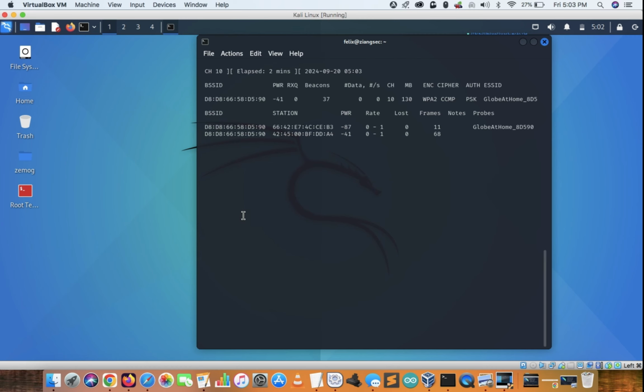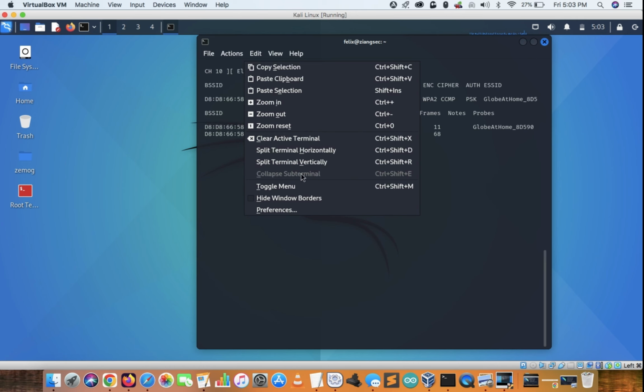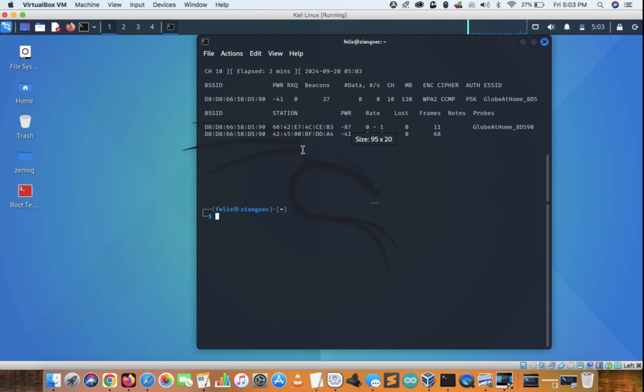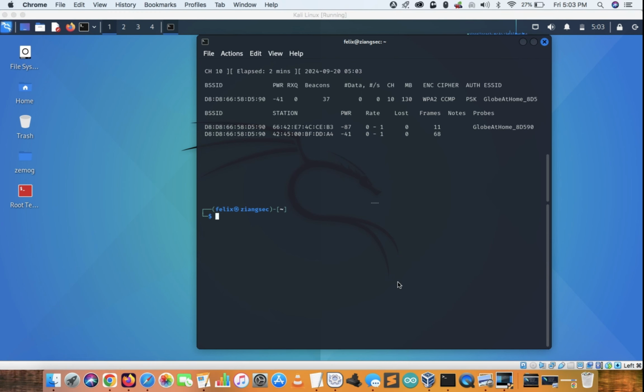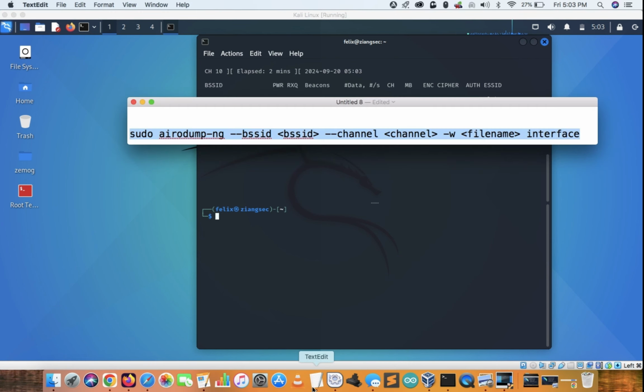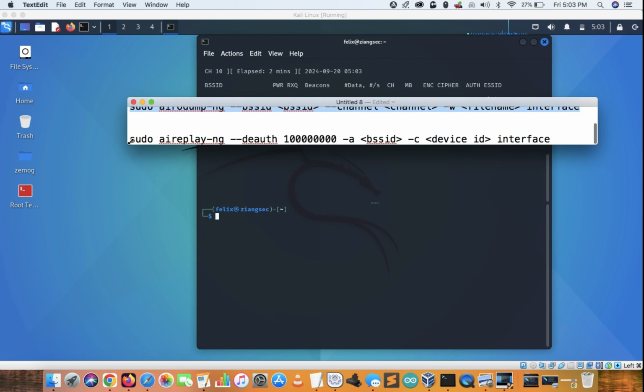So how to do that? Okay, first I will split this. Okay, the command is this one: sudo aireplay-ng --deauth, meaning deauthenticate.